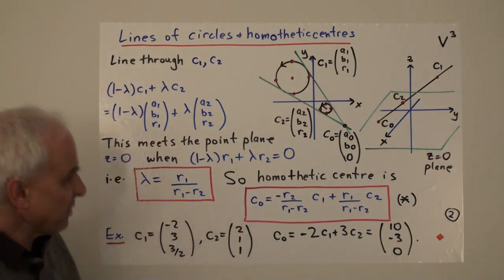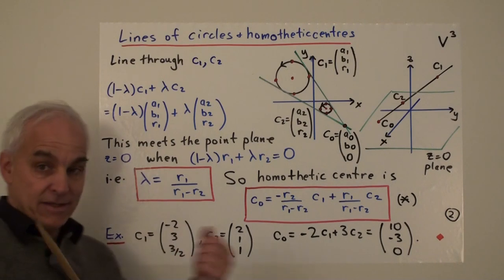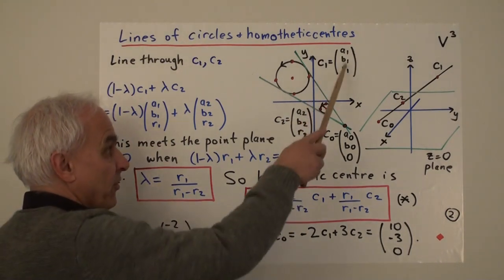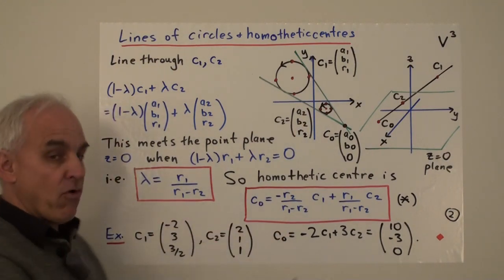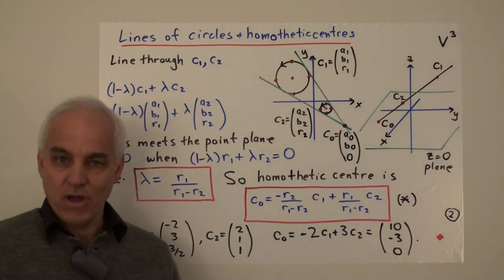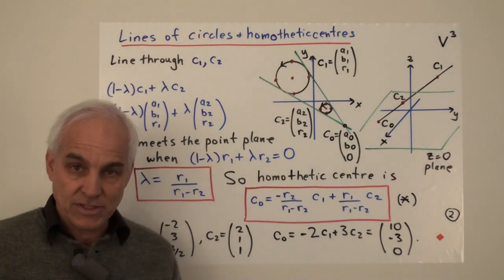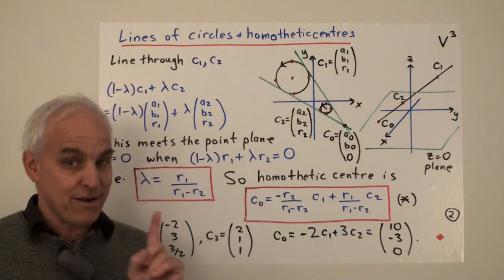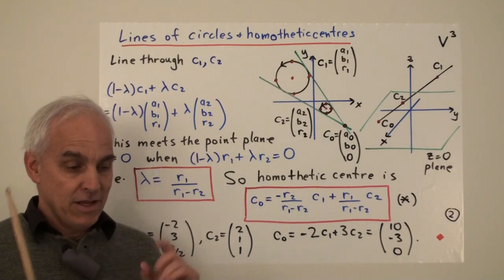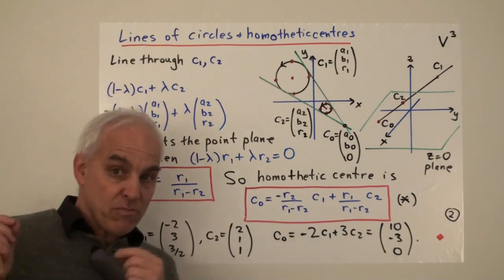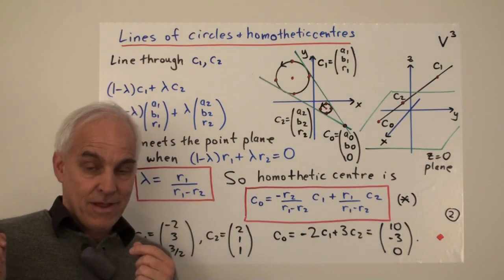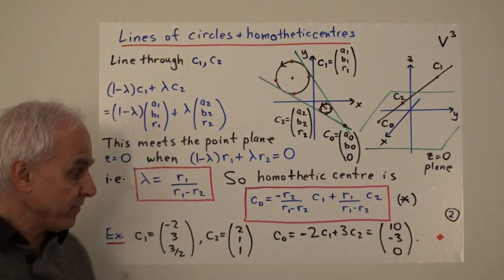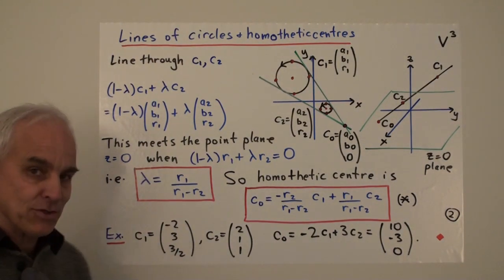So there are very explicit formulas that utilize the linear algebra. Now if you have two signed circles and you know their centers and radii, you have a nice, immediate formula for the homothetic center of those two signed circles. And I remind you that for signed circles, the homothetic center is unique. There's only one of them. If you have two unsigned circles, there are two possible homothetic centers. But with signed circles, there's always only one. It's a very important aspect of the theory of signed circles.